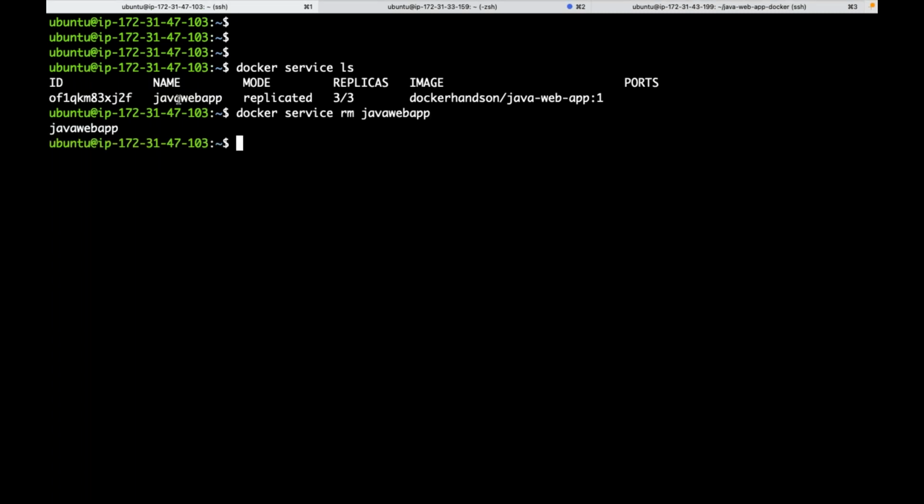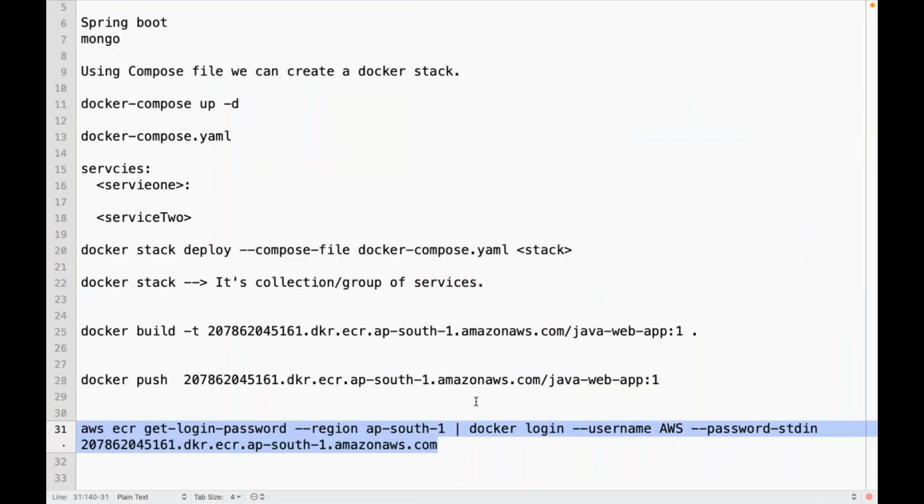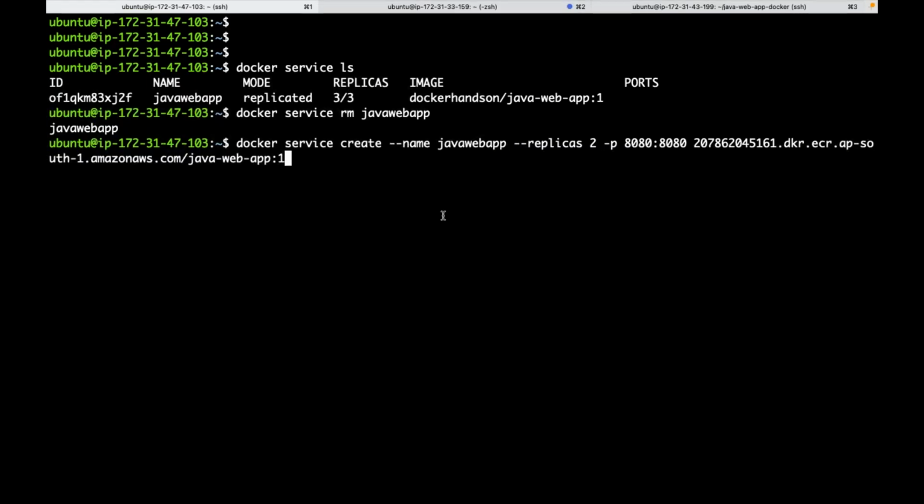Now I want to deploy that service from a private image, whether it's 2 replicas or 1 replica doesn't matter, right? Now I want to deploy from that private image. So this one, something like this. This is the image. Now, since it's a private repository,